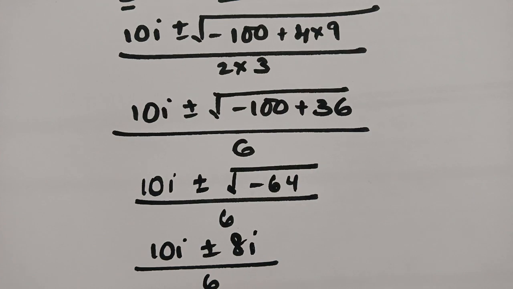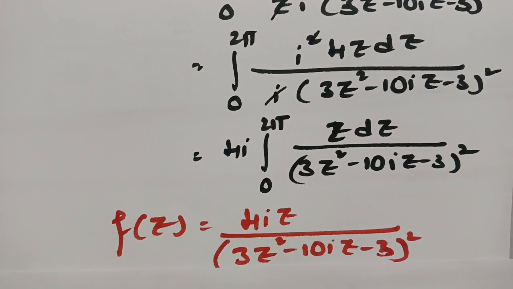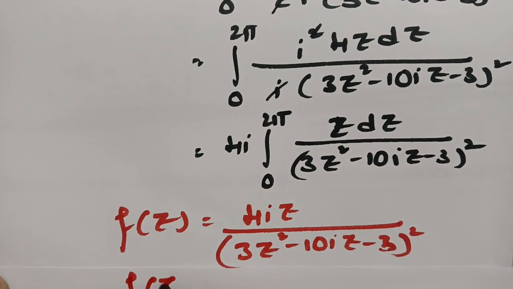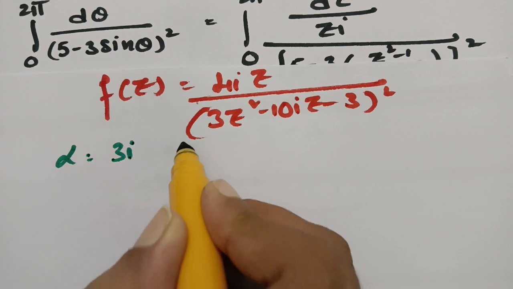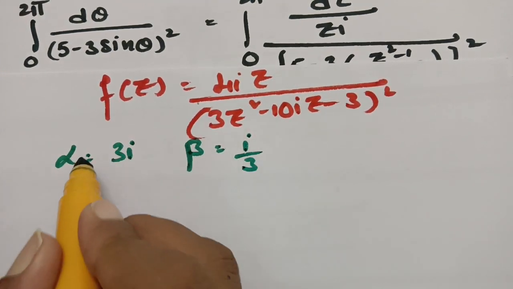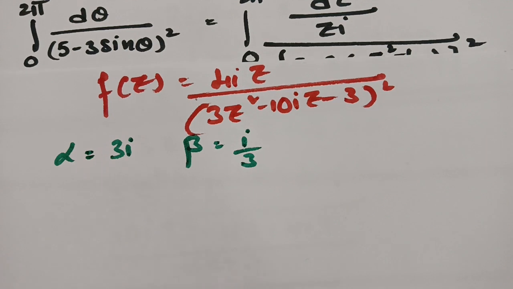For finding the residue, again I am modifying this f of z. What is our f of z value? f of z value is 4iz divided by (3z square minus 10iz minus 3) whole square. Clear? And here our alpha is equal to 3i and beta is equal to i by 3. Very clear? Therefore I am modifying this one and writing f of z as